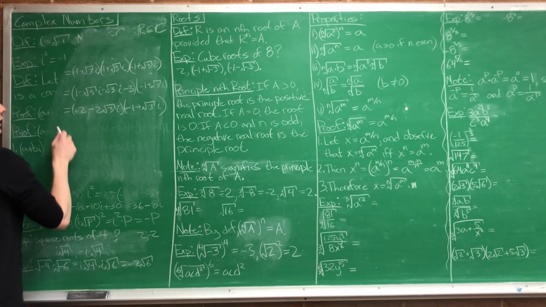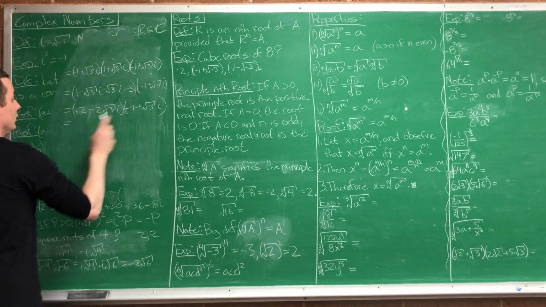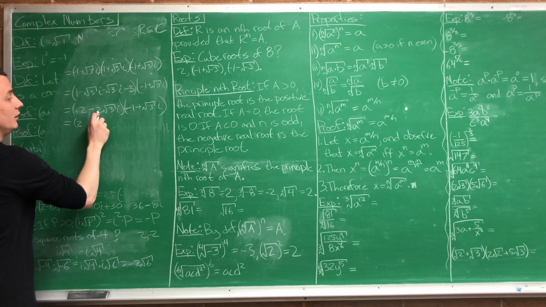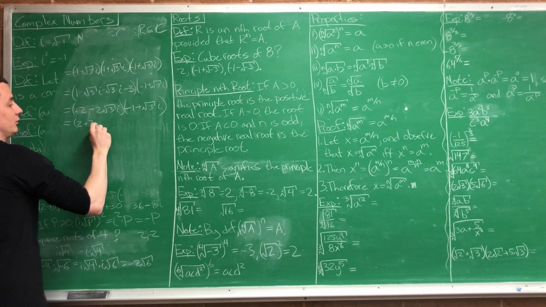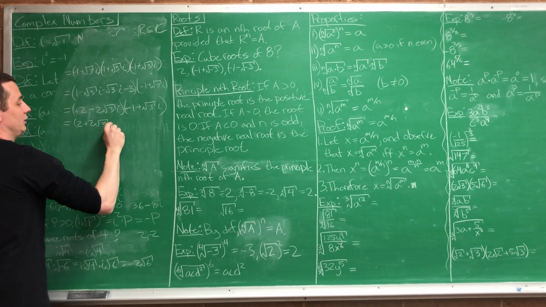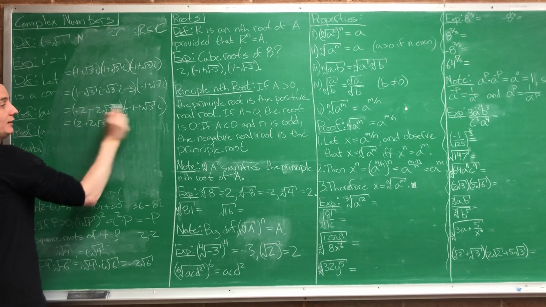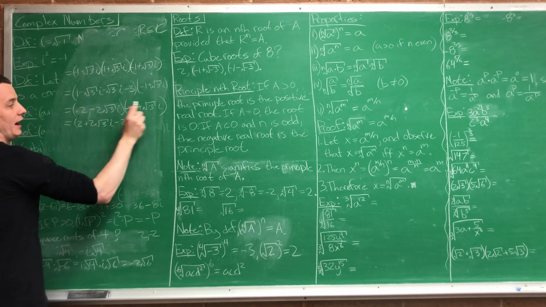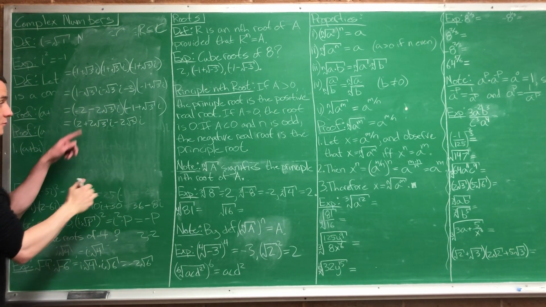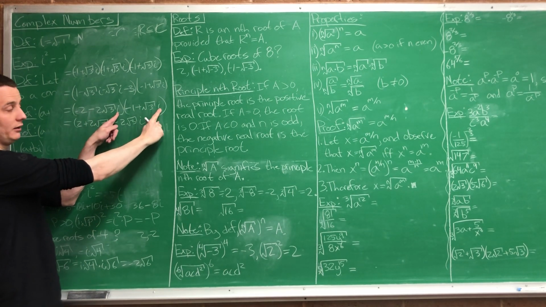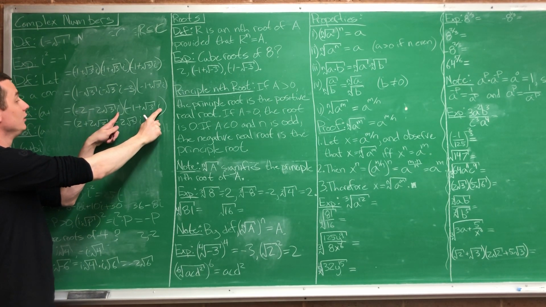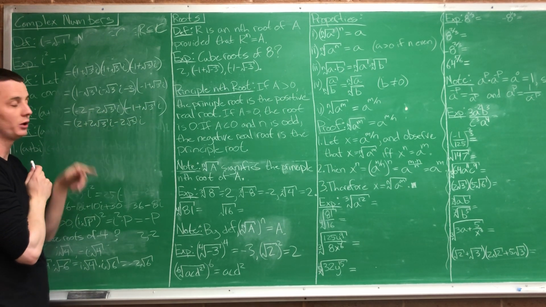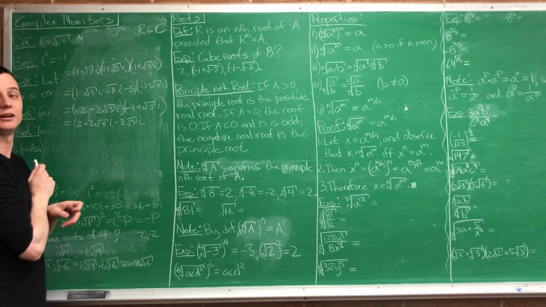Okay. So now this is equal to negative 2 times negative 1 is going to be 2. Negative times that is going to be plus 2 square roots of 3i, right? That times that is going to be minus 2 square roots of 3i. And then that times that, the i squared is going to give me negative 1. But it cancels out with the negative 2, gives me a positive 2. So I have 2 times the square root of 3 times the square root of 3, or 2 times 3, or 6,